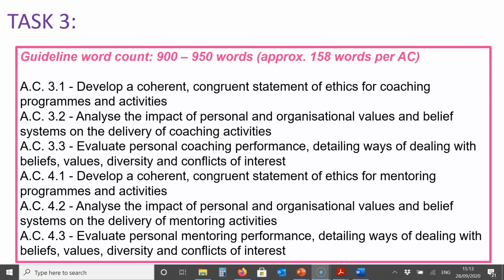In your organisation, you may have a set of values or behaviours that everybody is expected to work towards. You might want to outline how this impacts on coaching and mentoring activity. 3.3 and 4.3 again are the same question, but one applies to coaching, one to mentoring. And here you need to evaluate personal performance and ways that you'd actually deal with beliefs, values, diversity and conflicts